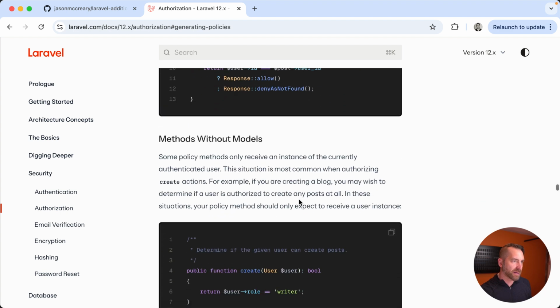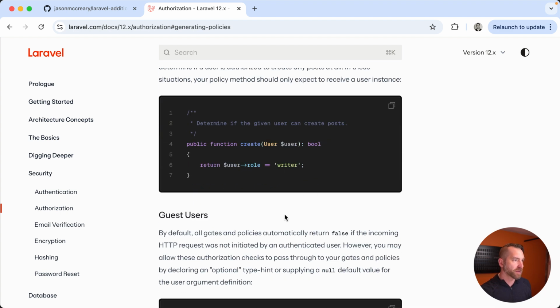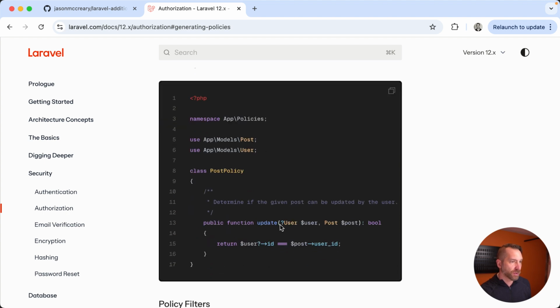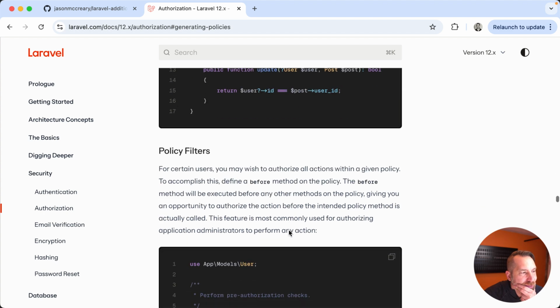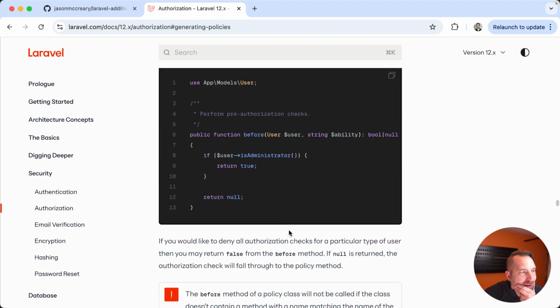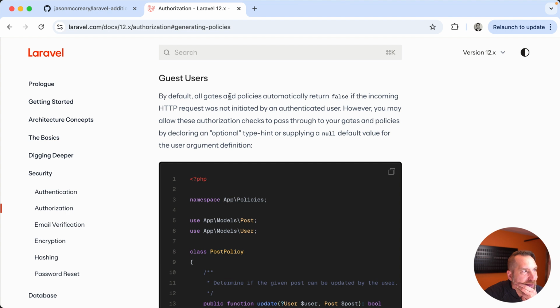I could say, yeah, models without methods, guest users. Okay, so see, you could even have a guest user, so you could be passed in null there. I wonder how they do that. There we go. By default, all gates and policies automatically return false if the incoming HTTP request is not authenticated. However, you may allow these authorization checks to pass. I'm actually not going to worry about that because you actually have to type hint